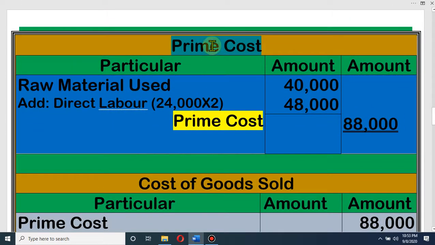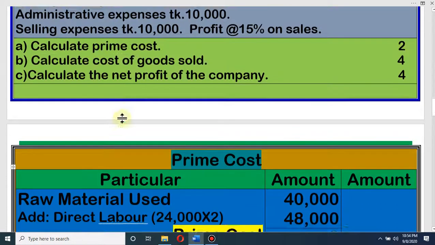Prime cost. Dear student, if you remember the formula of prime cost: direct materials, direct labor and other direct expenditure. Again I am telling you the formula: direct materials, direct labor and other direct expenses. These three direct items give the amount of prime cost. Dear student, I have told you that there are three elements of cost: material, labor and other expenses. Out of these elements, direct materials, direct labor and other direct expenditure will be added together and we will get prime cost. Then let's come to the question.